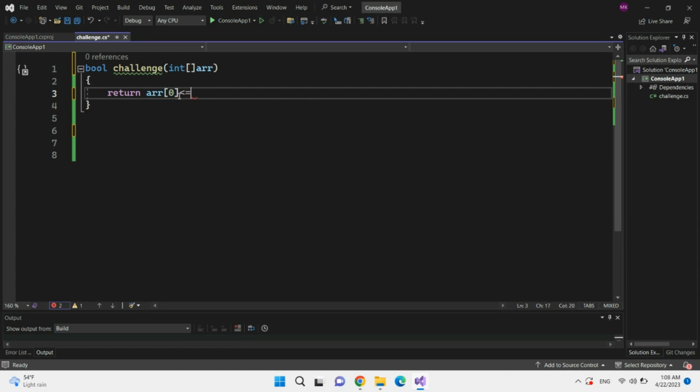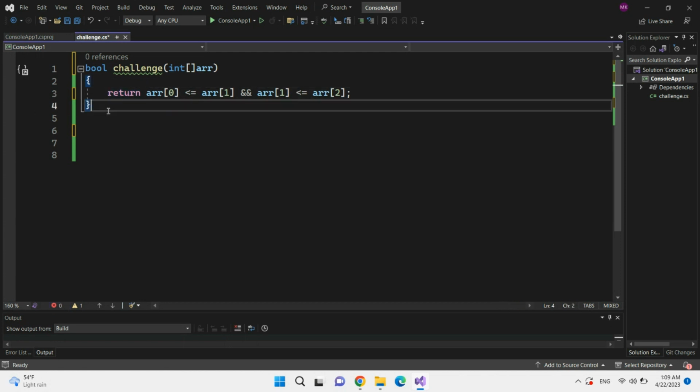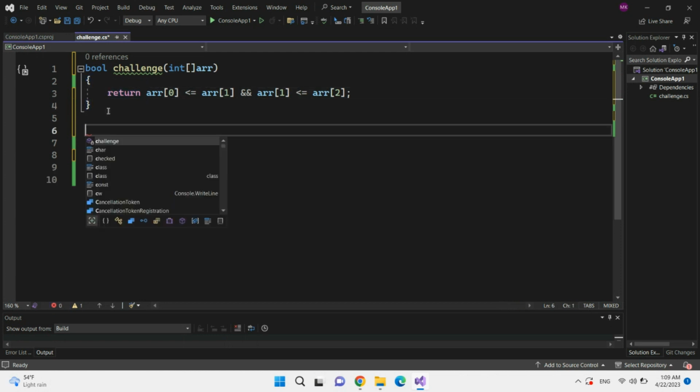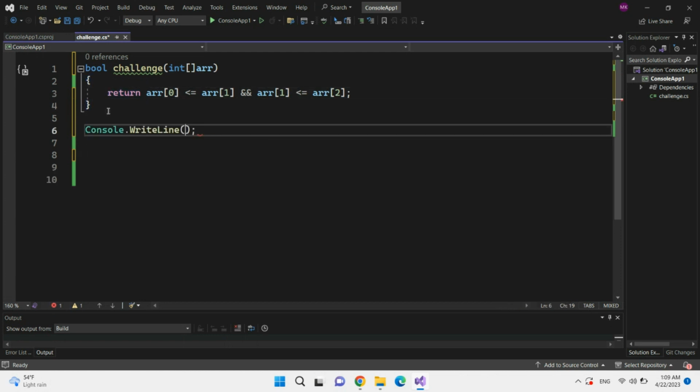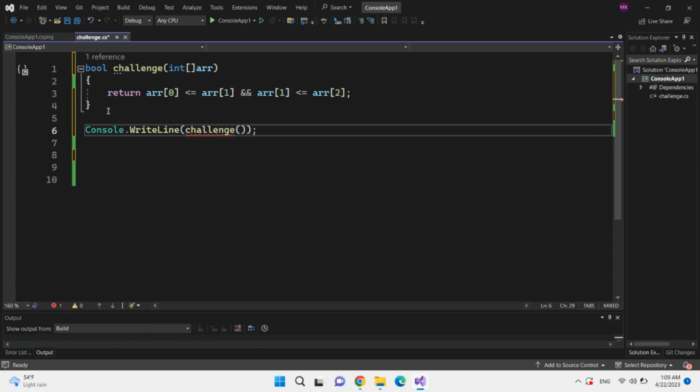So return, this is very simple, like the last challenge. Array index 0 is less than or equal to array index 1, and array index 1 is less than array index 2. And test. So Console.WriteLine challenge, and so